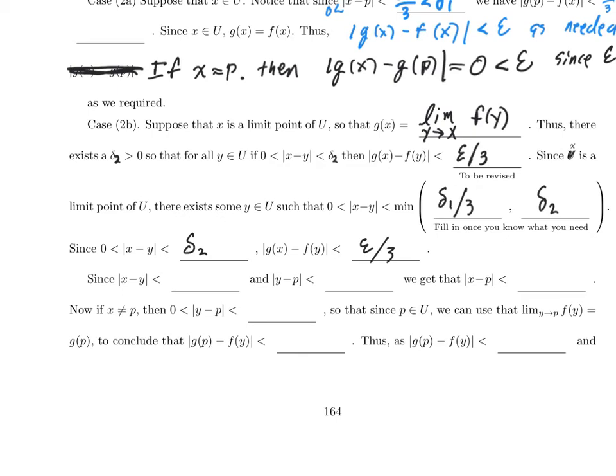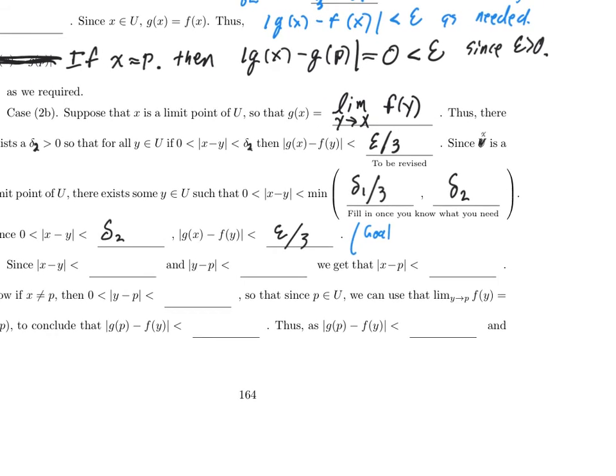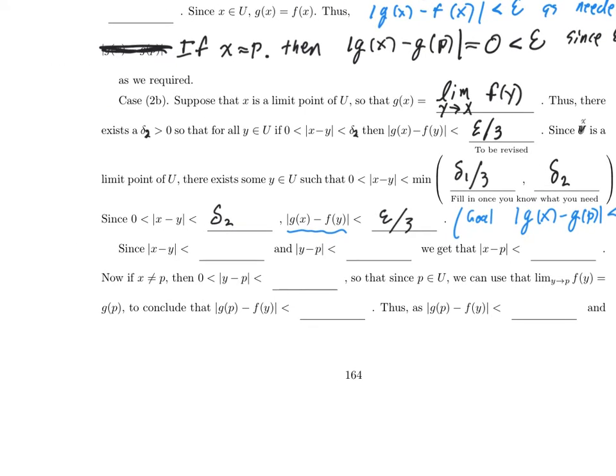Now, right, we're still not done. That wasn't our goal. Let's just remember the goal. This isn't part of the proof, but it's good to remember what we're aiming for. What we eventually need is the absolute value of g of x minus g of p less than epsilon. Right now I have g of x being close to f of y. If I can get f of y to be close to g of p, then I'll be happy. So let's see why that should be true. I want to get y to be close to p so that f of y is close to g of p. So let's do that.